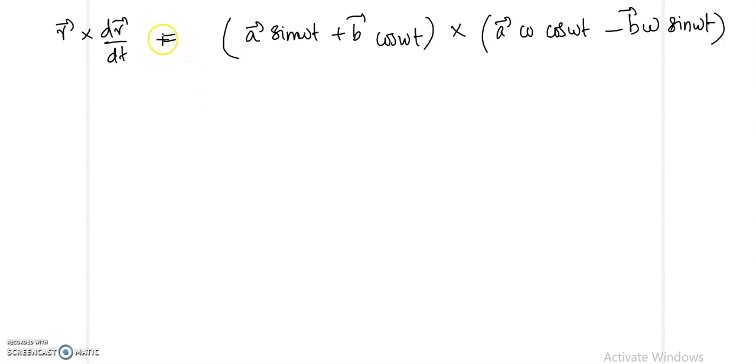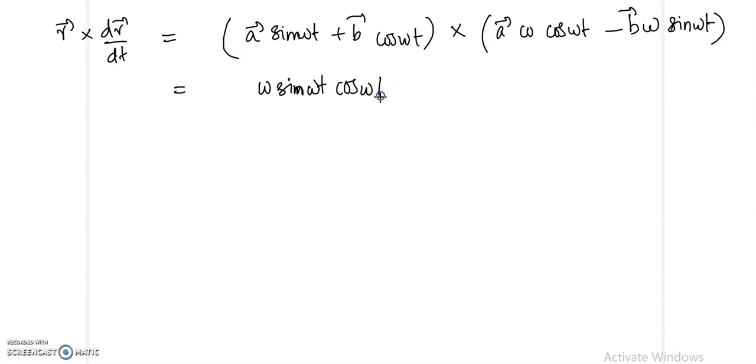So r cross dr by dt is equal to a sin omega t plus b cos omega t cross a omega cos omega t minus b omega sin omega t. Now this will be equal to, now the vectors here are a and b. Okay, so when you take the cross product, so you will get omega sin omega t